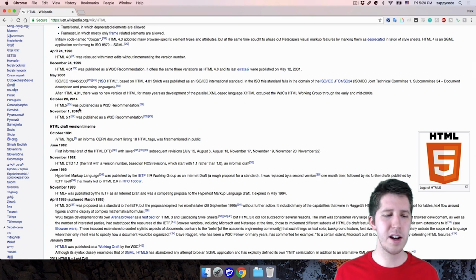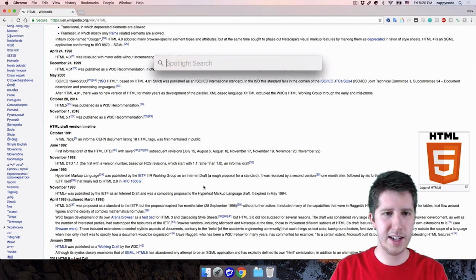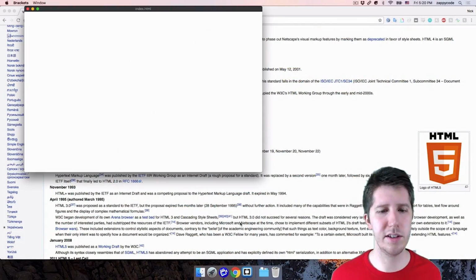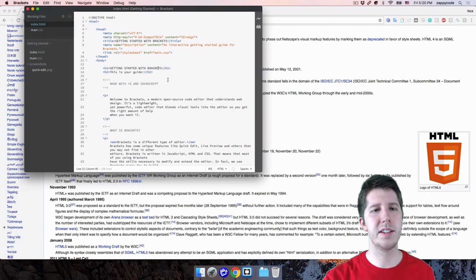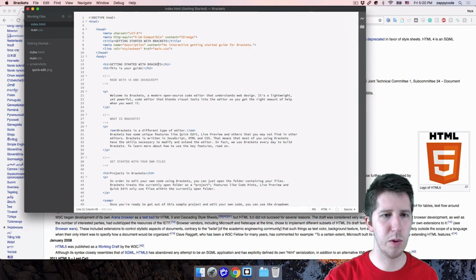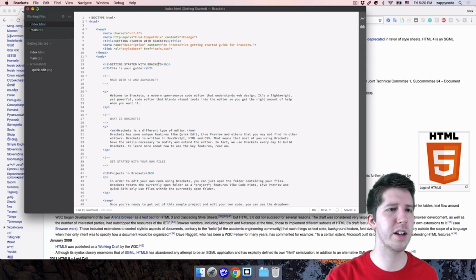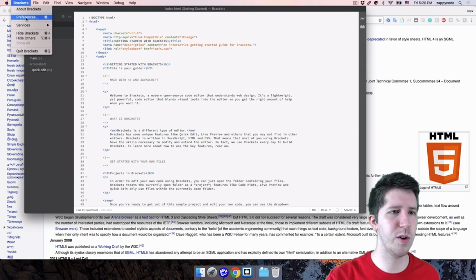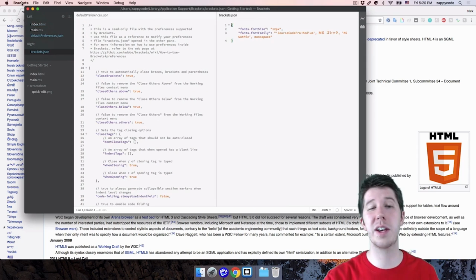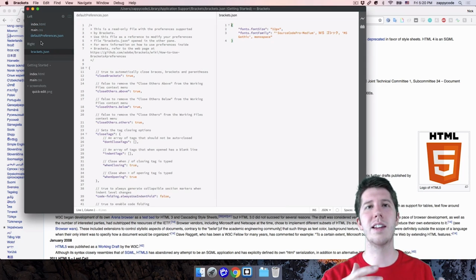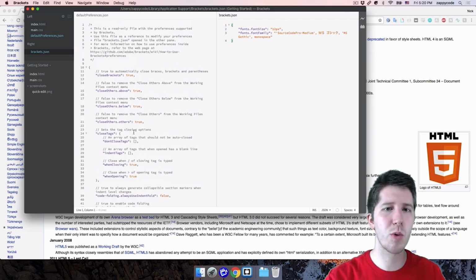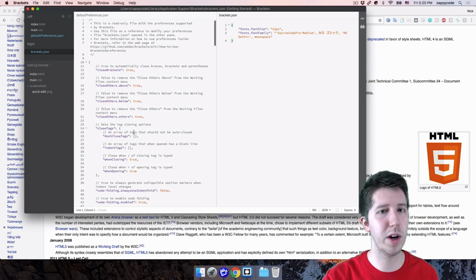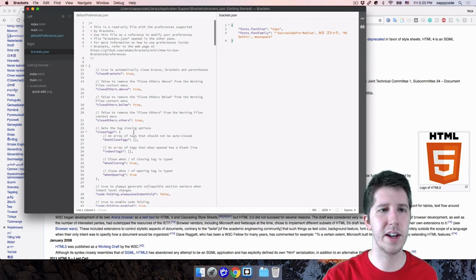So I think the best way to do this is look at just a very simple HTML file. Let's go ahead and open up Brackets. That was our text editor. I'm going to go to my applications and open that up. When we opened it up for the first time, there was this example project there for us. The code here is a little bit small, so I'm going to make this bigger. If you can get to your Brackets preferences, this is how you get to it on Mac. You might see it somewhere else if you're on a different operating system, but this is where you can make some changes, for example, what size the font should be.